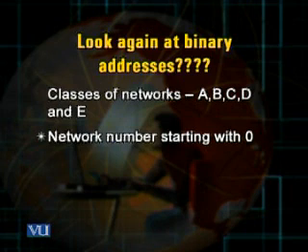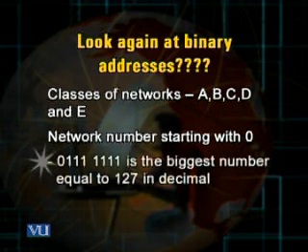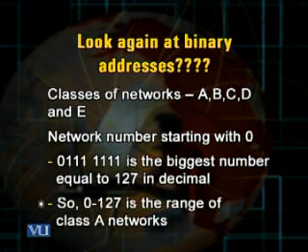So in the slide before you, the minimum class A network is 0. That means that if the IP address starts with the bit 0, then it is A type. The maximum that can fit in the first byte is 127. We reach this figure 127 because if after putting in 0 at the first place, we maximize the byte by placing 7 ones, then if we calculate it in terms of decimal, we get 127. This is the clue, this is the basis from which we gather that 0 to 127 is the range for